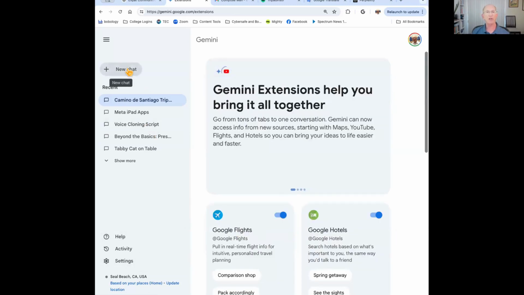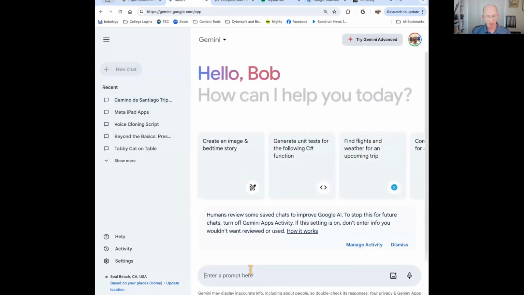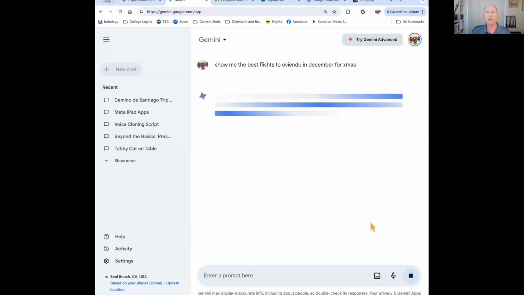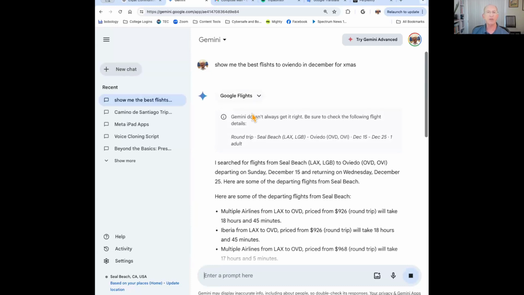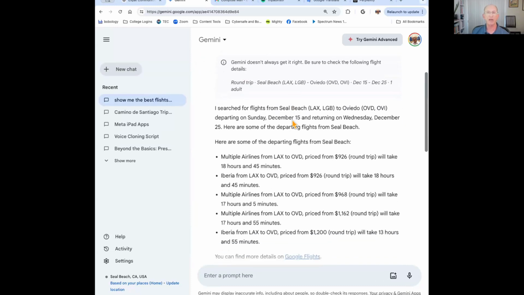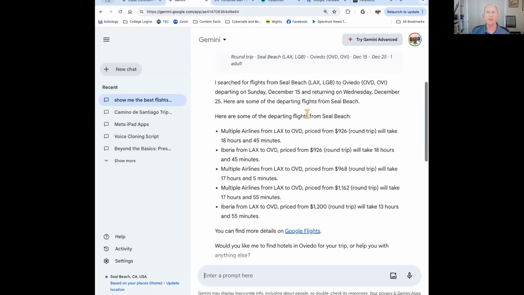I could have just done a new chat and said, show me the best flights to Oviedo in December for Christmas, and we'll see what it does. Gemini is connected to flights, so it's searching Google Flights for me. I didn't have to go directly to Google Flights, but it's saying be sure to check your details. So here are some flights, some airlines.